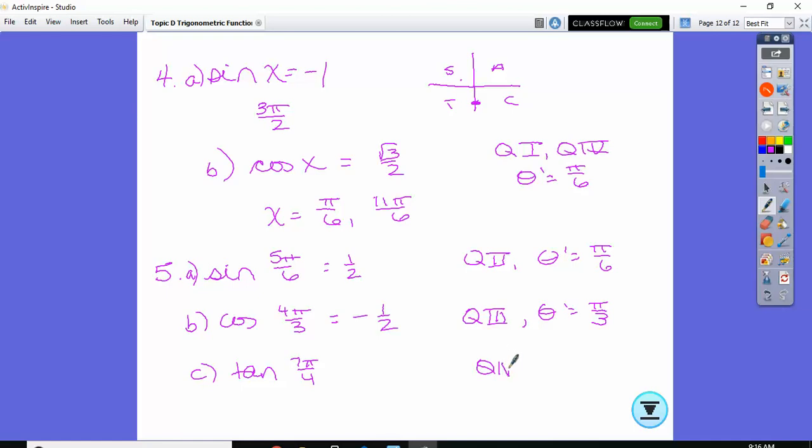Seven pi over 4, that's quadrant 4. Reference angle pi over 4. So in quadrant 4, cosine's positive, so tangent would be a negative. Pi over 4 is like 45, so tangent would be radical 2 over radical 2, which is